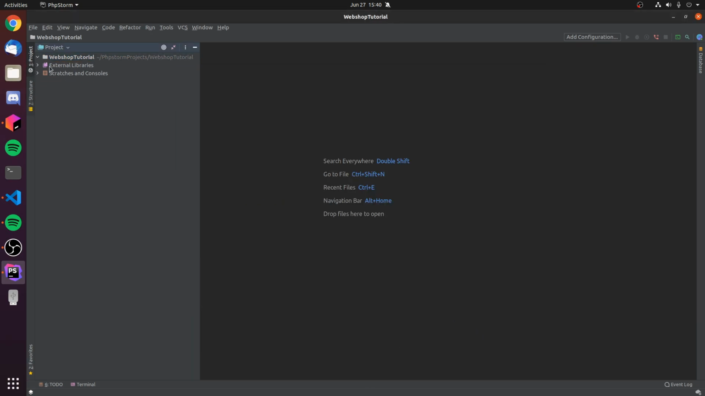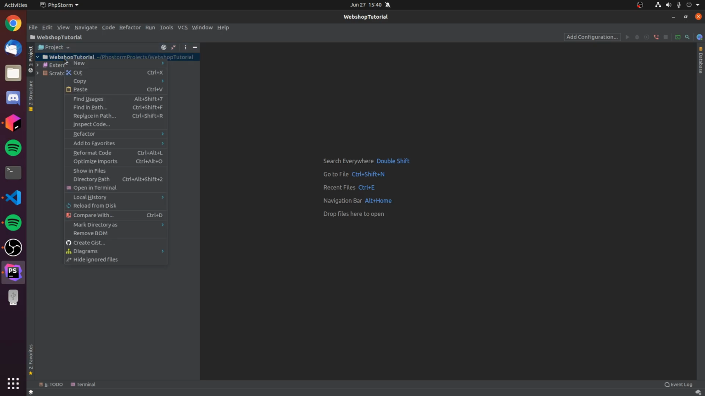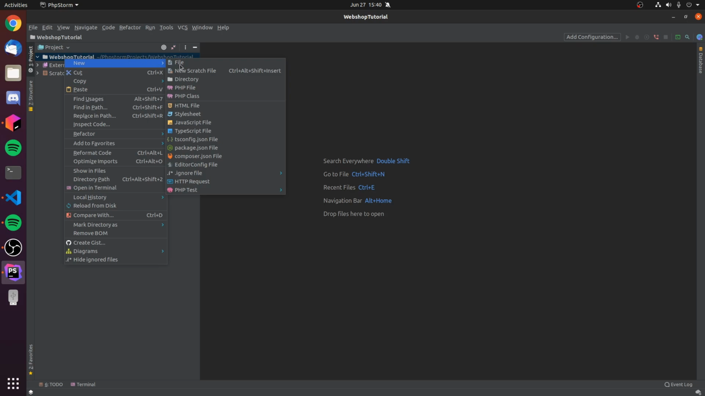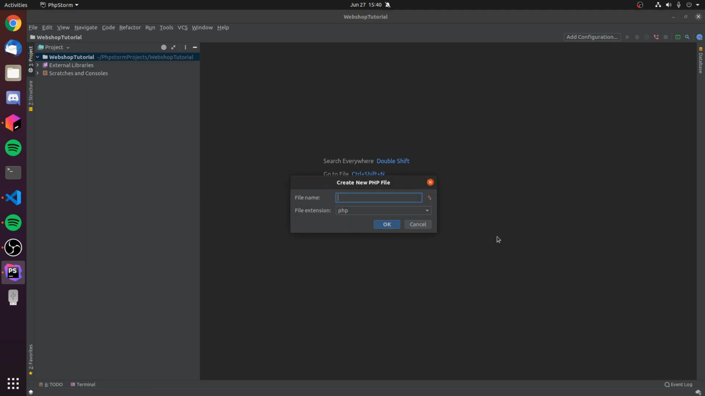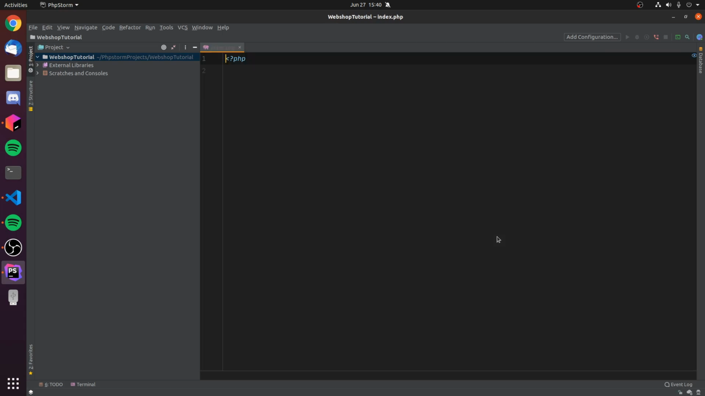We can see our tree structure right here, and we can right click on our root project and go new and PHP file. So let's just call this index, and it will create this little markup for us. I will just go PHP